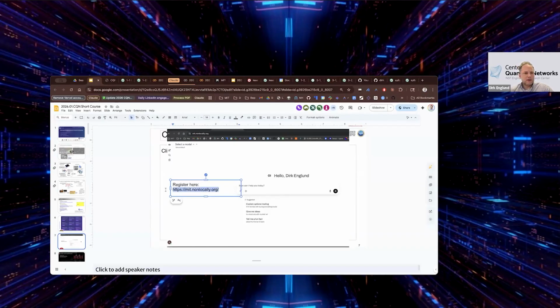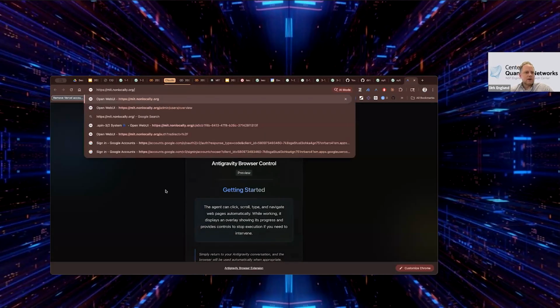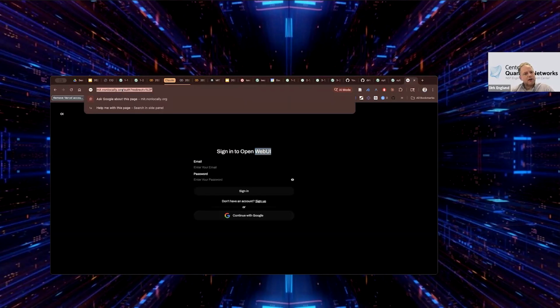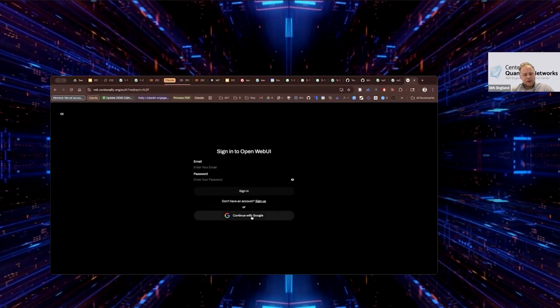Now this is another little project that I've been working on, and you should be welcomed by this, what's called Open Web UI. This is an open source interface to AI models. And I use it here to be able to work on these notebooks with you. So in this installation, which I have set up here at this URL, you should be able to